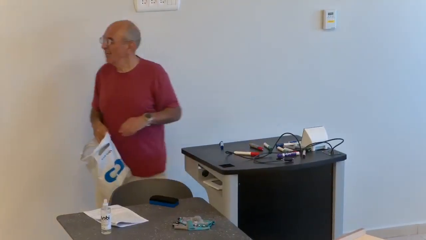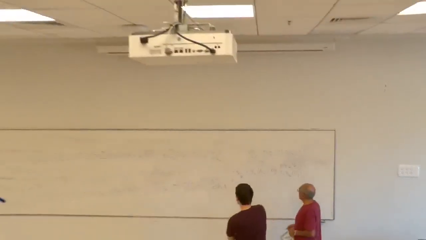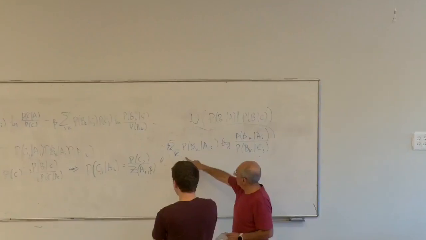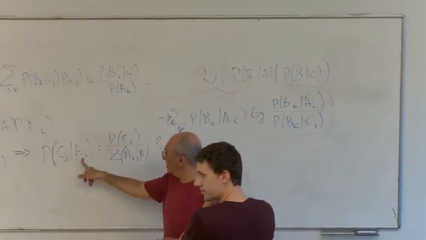Again, this is the relative entropy for a specific A and C. Like, this is the relative entropy for a specific A_i and C. Yes, of course. When you look here, you sum over the other variable, but A_i is fixed because you're looking for the probability at a given A_i.